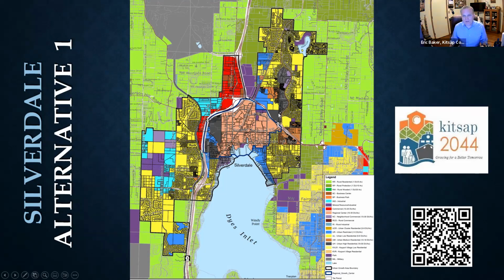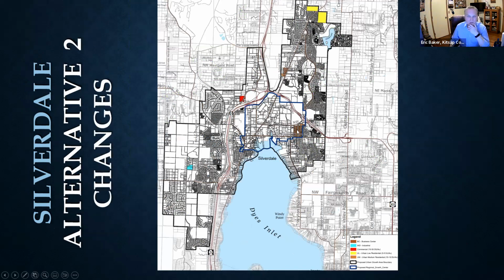So what you see here is that in this alternative, there is some rezoning occurring. This area that was single urban low is now being proposed to be rezoned to multifamily urban medium. There is some additional urban medium and the business center, which is an employment zone, being changed up in here. But I think the two key components in regards to urban growth area expansions in alternative 2 are these